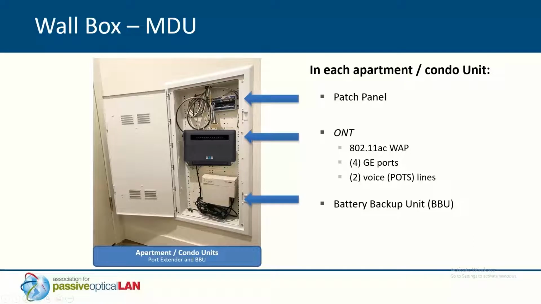Wall box, wall mount, and ceiling mount ONTs, very, very common. So a nice way to hide the cabling and the ONT out of the way so it's not tampered with. You can provide, as you see here, a battery backup locally or not. Usually that's done when you're AC powering the ONTs, and Jeremy will talk about when doing DC power, the options for backing up power there. This example here happens to be an ONT with AC Wi-Fi, 4 gig ports, 2 POTS lines, and you can see there the RJ45s for the gig ports go out to the room. So this happens to be an apartment condo unit, but we see this very commonly in the hospitality space as well. Go ahead, Jeff.